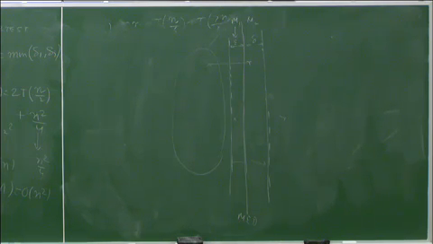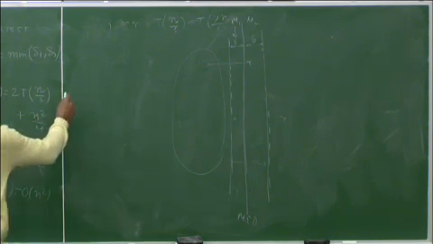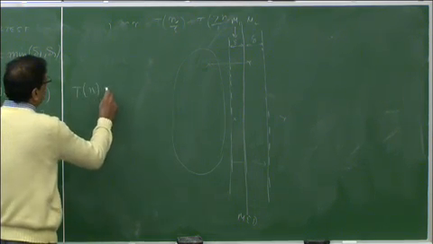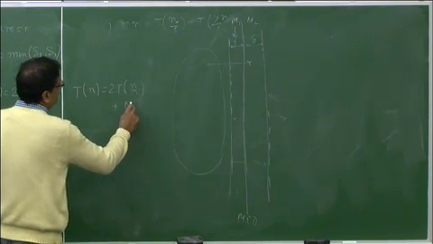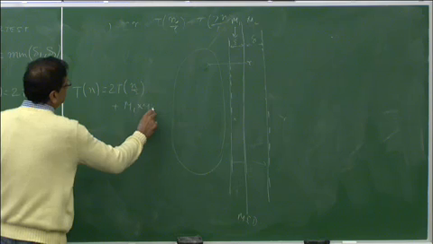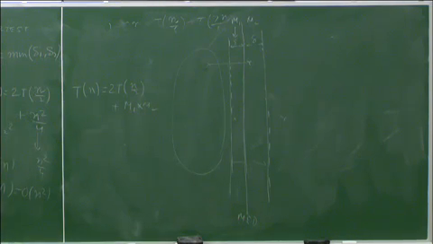So now what is the time? Time taken is nothing but T(n) equal to 2 T(n/2) plus M1 times M2. With me so far? If this is M1 times M2,